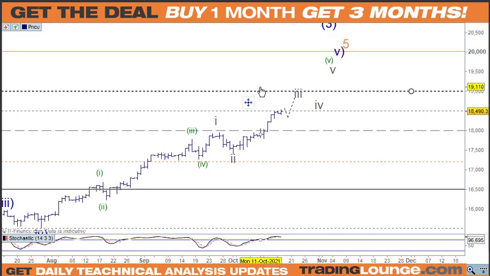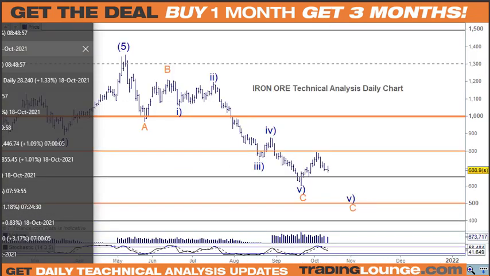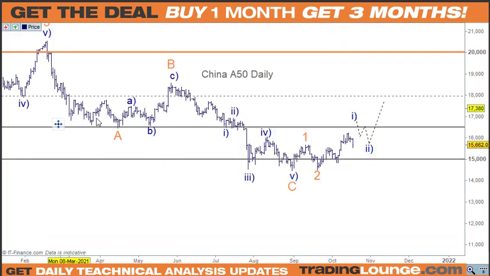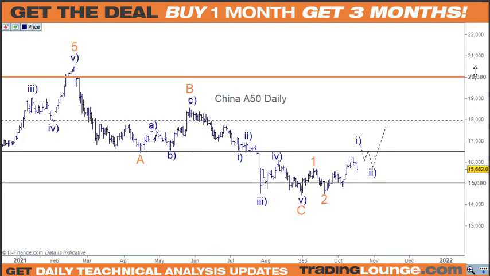But anyway. Now China, how did iron ore do first? I'll just have a quick look at iron ore. So iron ore's not looking bullish at that point. We'll come back to that though. So China, the A50 here. As I've mentioned before, we don't really have nice impulse waves pushing this up through here. And I didn't think ever